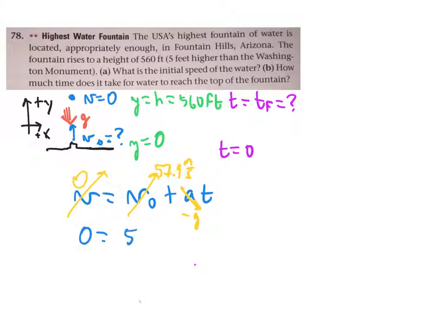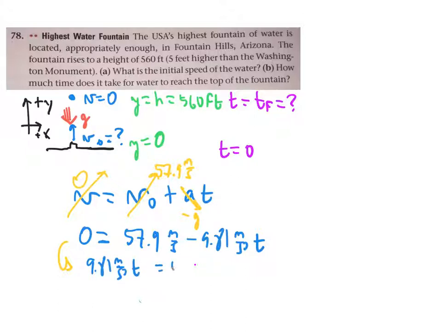And so we end up with 0 equals 57.9 meters per second minus 9.81 meters per second squared times the time that we're looking for. And we can do some relatively straightforward algebraic rearrangement. For instance, bring over 9.81 meters per second squared times t has to equal 57.9 meters per second, or dividing out that constant, we get that the time is 57.9 meters per second over 9.81 meters per second squared, which turns out to be